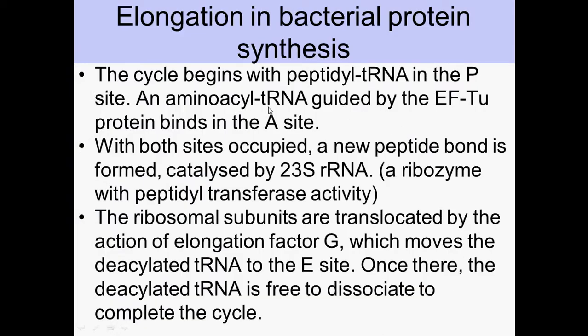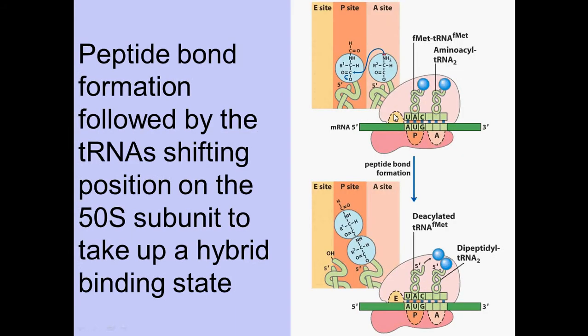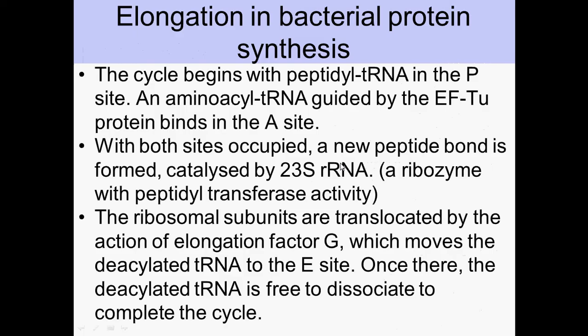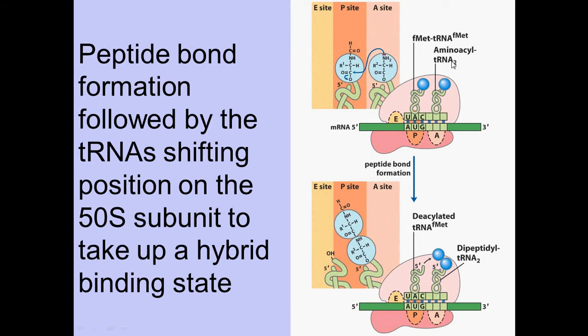Peptidyl tRNA in the P site, and the amino acid in the A site. Then the aminoacyl tRNA is created by the elongation factor TU, and it binds to the A site. Aminoacyl tRNA binds to the A site with the help of